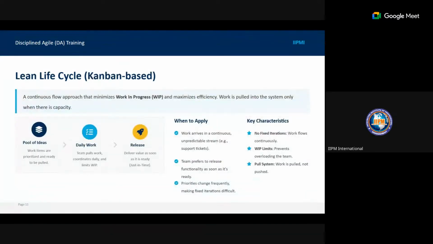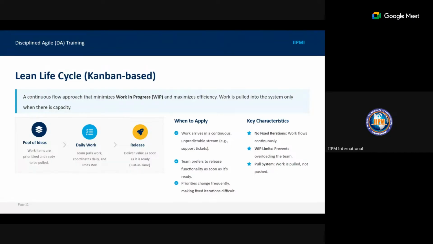Now, moving on, you have the Lean life cycle, which is Kanban based. Of course, we've already explained all of this. But if you look at Disciplined Agile, it is trying to integrate all the Agile frameworks in one place, and also the traditional project management processes.